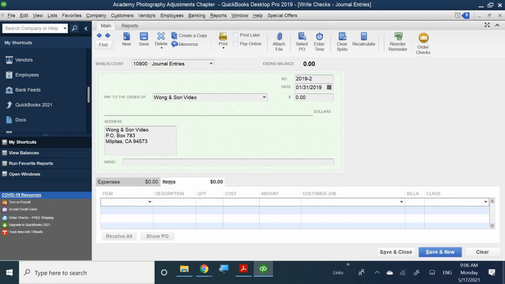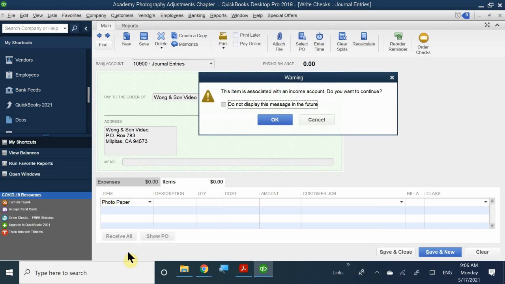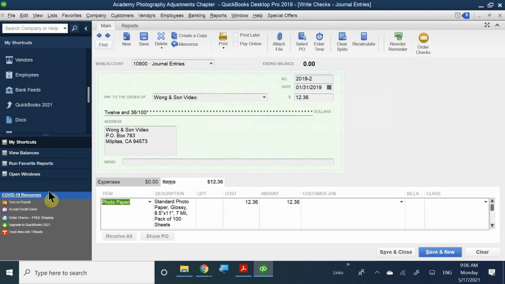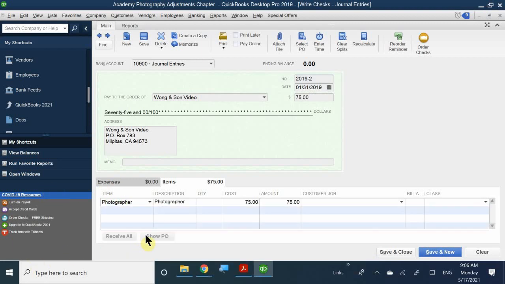In this case, we are looking at photographers, right? That's what we're, oh, I hit photo paper. Okay. I want photographer. Okay, so once again, here I'm supposed to indicate that I made a mistake because I charged for retouching instead of an actual photographer. So here, I'm going to have to make adjustments too, because my retouching, right, if I go ahead and type in retouching,